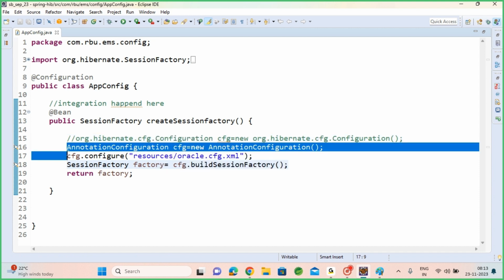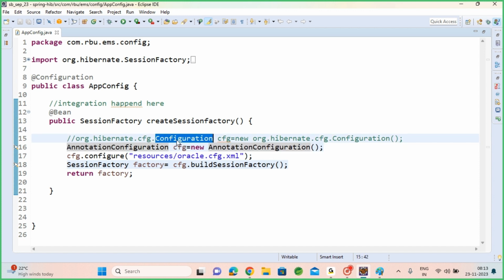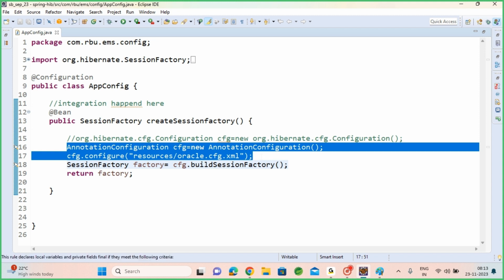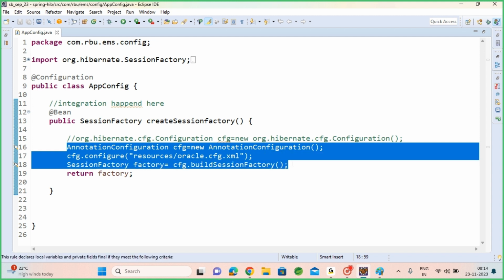Earlier, we used to have two types of Hibernate containers: Configuration is one, AnnotationConfiguration is another. As I'm using annotation-based Hibernate, I'm using AnnotationConfiguration, loading the configuration file, creating the session factory, and